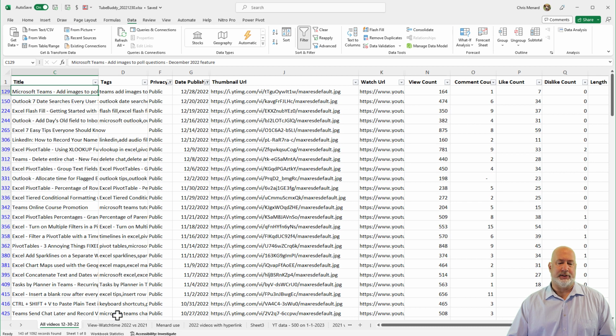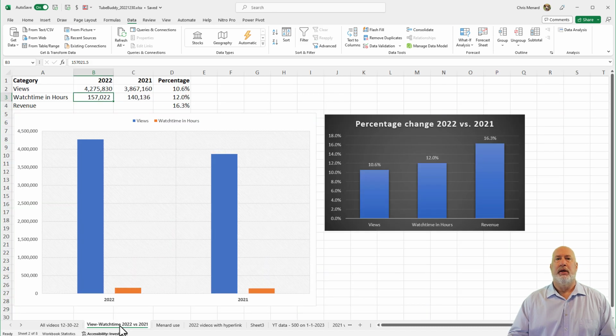Now, let's take a look at some metrics. I'm going to swap spreadsheets. Whether you're a company, I don't care whether you're doing YouTube or not, or a YouTuber, these are metrics you should look at after the year ends, whenever that is, whether it's calendar or fiscal. And your data is obviously probably going to be different, but that would be the current year, that would be the previous year, and you should know what is the percentage change.